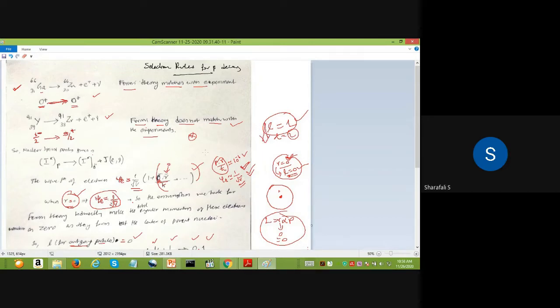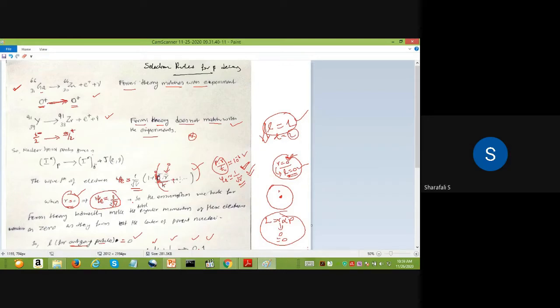If you consider all those higher order terms, and you take, for example, psi E equal to 1 by root V into 1 plus P dot R by H cross, then you can derive the Fermi theory analysis again for that particular case, and you will get the Fermi theory of beta decay with L equal to 1. You can calculate the probability of that, and all those things you can calculate from that. And you can include 1 by root V, 1 plus there will be I also.